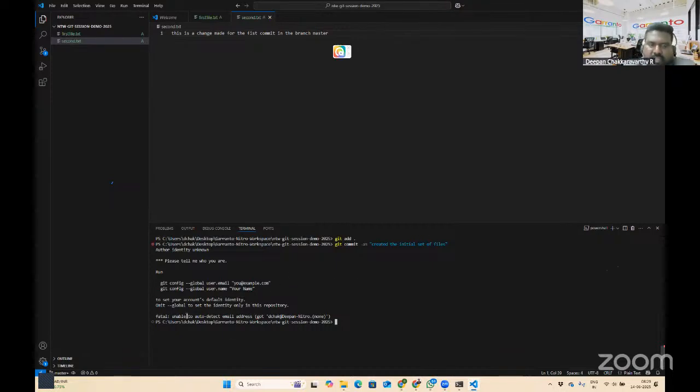You can see unable to auto detect email address. I say Deepan at current.com.